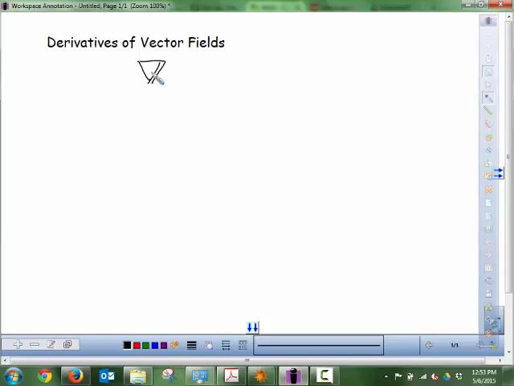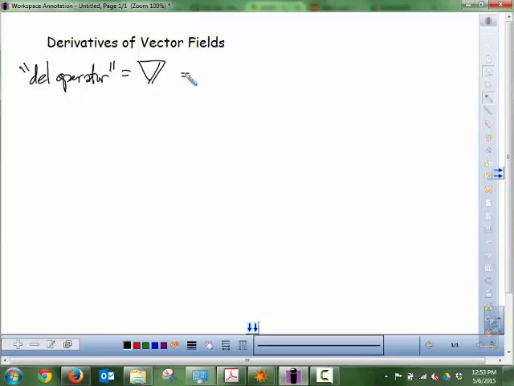Now, I think one time I talked about this and decided to call it the del operator. Short for delta, and D stands for derivative. And so this is like some sort of derivative operator. And if we look at this